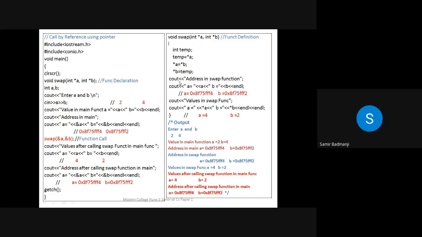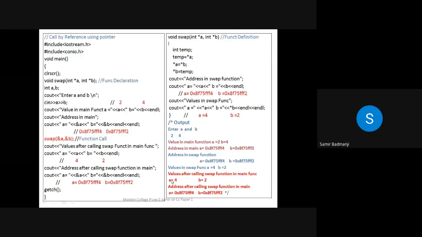Whereas in call by value, what happens? A copy of those values is copied over to the function, they get interchanged here. But when we call back, whatever you have done to those values will not be there in the main function. But see here, if after calling this function you print the values of a and b, you will see that they are interchanged and the addresses are the same, because at that location we have just changed the value at that address by using these three steps.